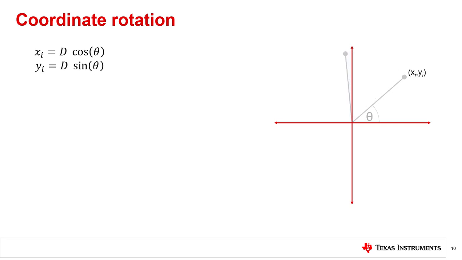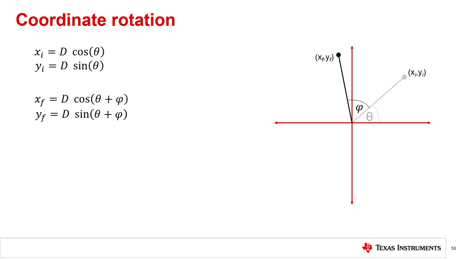Rotating our vector about the origin will give us a second target location. This rotation is effectively added to our initial angle theta, and we could represent this here by the angle phi. The final coordinates could be calculated using the sum of theta and phi, similar to how we determine the initial coordinates, but in many cases we start only knowing the initial coordinates, and it's possible to determine the final position by combining this information with the trigonometry identity function for the sum of angles. The end result allows us to quickly determine the new location using only our applied tilt and the starting coordinates.